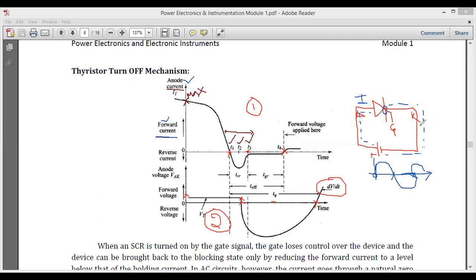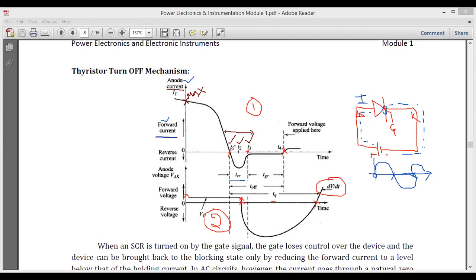The assumption made here is that your SCR is in this particular circuit diagram, that is, plus is applied to the anode and minus is applied to the cathode, and there is a forward voltage here which gives a rise in your graph. Once I apply the voltage across the SCR at its maximum value, once it reaches this point T1, what happens at point T2, what happens at point T3? You can see here it is written as TRR, the reverse recovery time. We have TGR, we have T off.